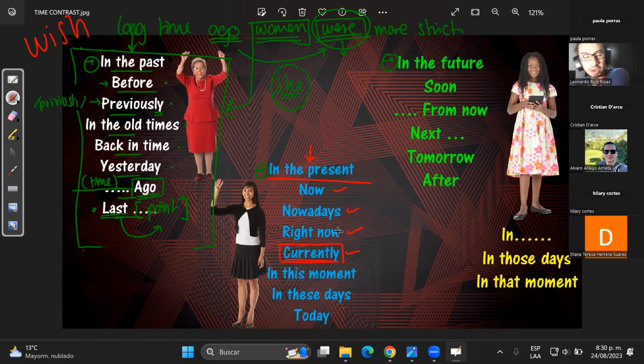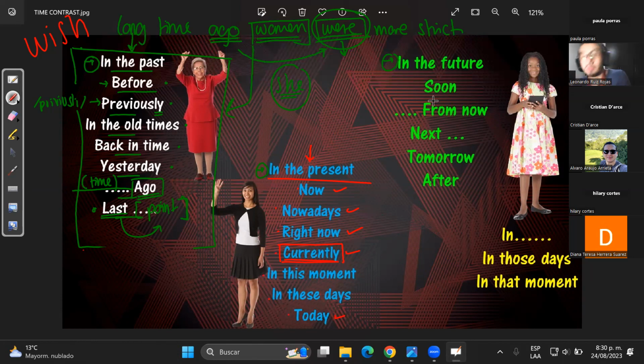So, all of them are going to mention things about the present, right? Today can be metaphorical or literal. I can say today, Thursday 24th, or when I mention today, I mean in the current times, currently. So it can be metaphorical or also literal, the meaning of today. Well, basically that would be all with the present.